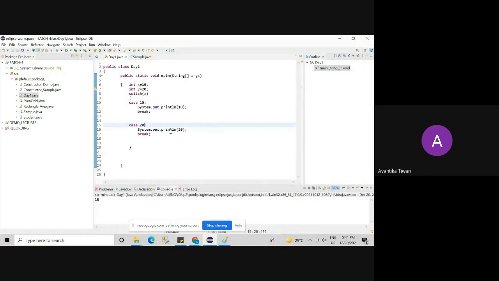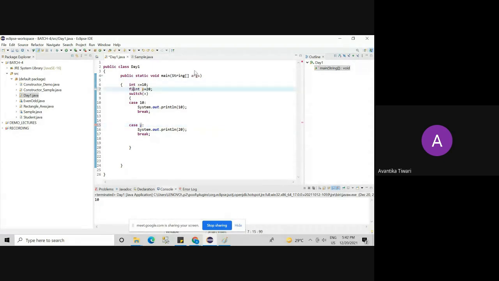Okay, now what I can do is I'll keep my old program where we were getting error. Some students might be thinking that here we are mentioning 10, but here we are mentioning a character value like y, x, something like that, some variable we are passing. That's why this error is coming.